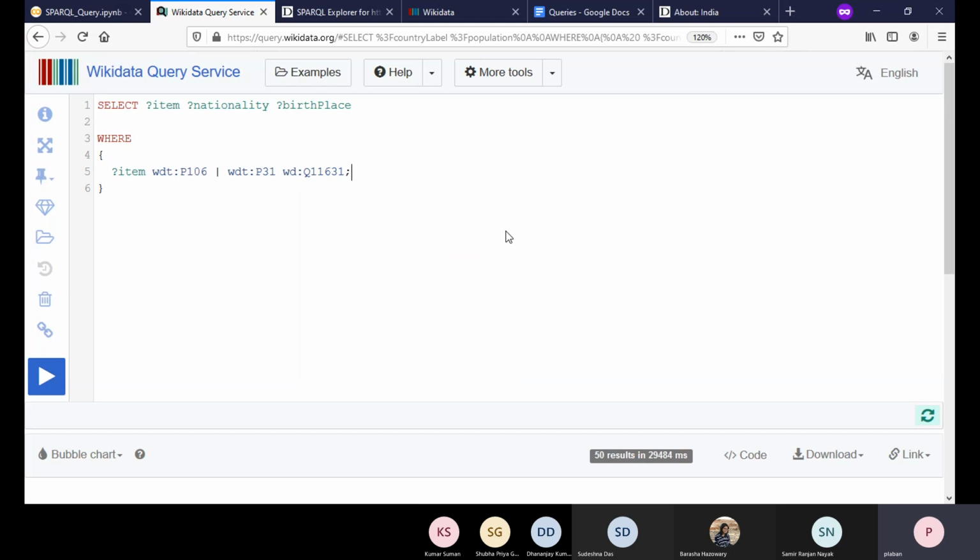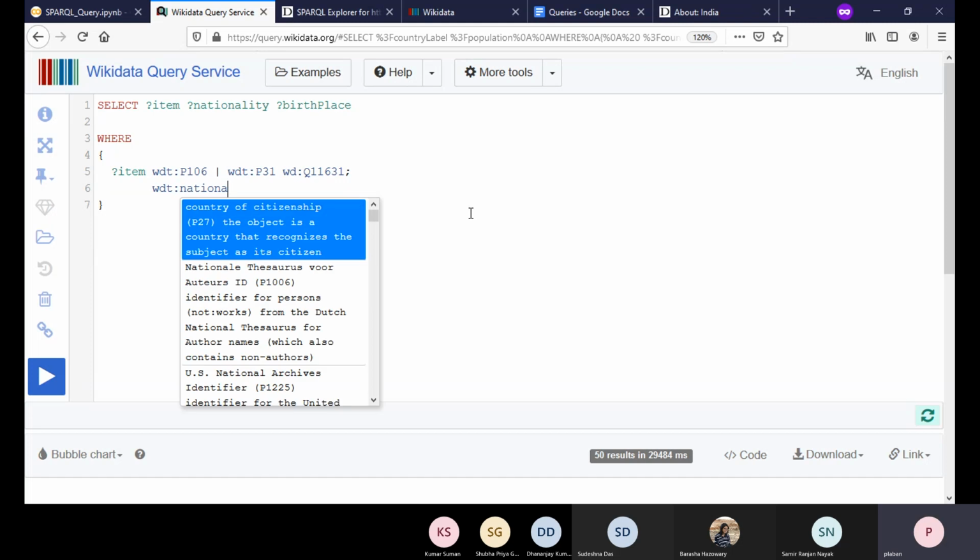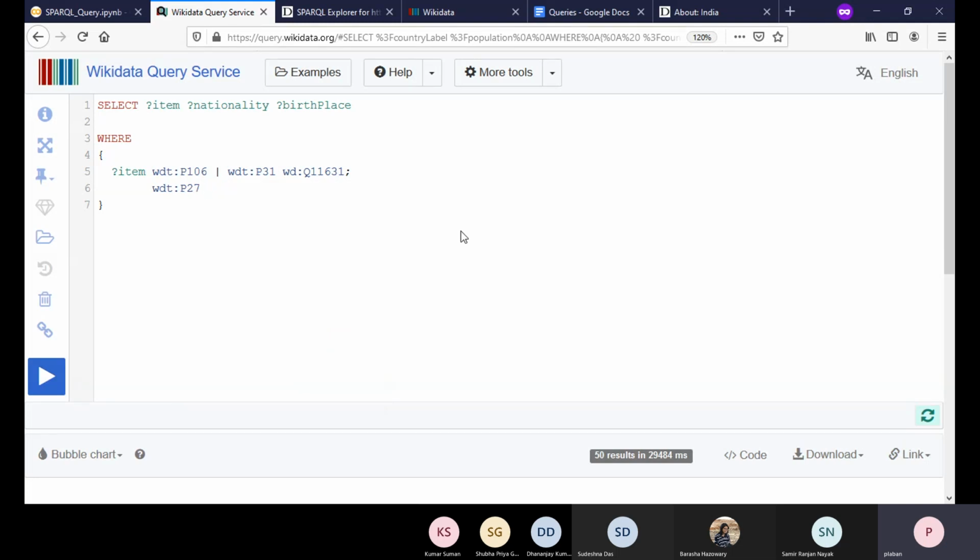So we have found one astronaut here, and then we need to say that the item has got nationality. When we typed in nationality, it is giving me country of citizenship, so let us select this. We want this to be nationality.